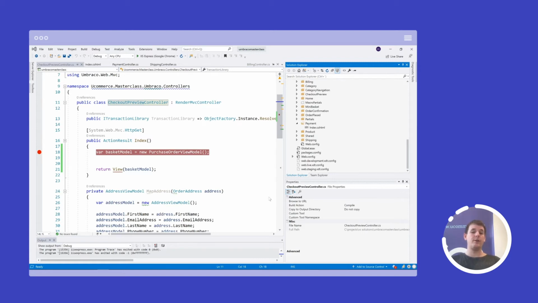Partly to preview the content of the basket by grabbing the basket and showing it on the page for the user, similar to what we have done on the basket page previously in the masterclass. And then when the user decides to pay, call the proper API to initiate that. So that's what we will be looking at, and we will also be looking at how we can make sure that the customer lands on the correct thank you page after the order has been collected. So let's dive right into it.